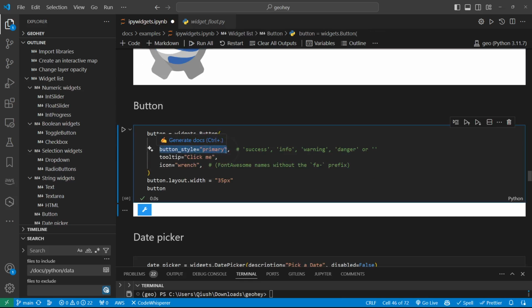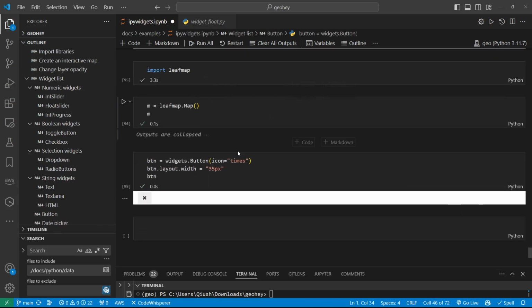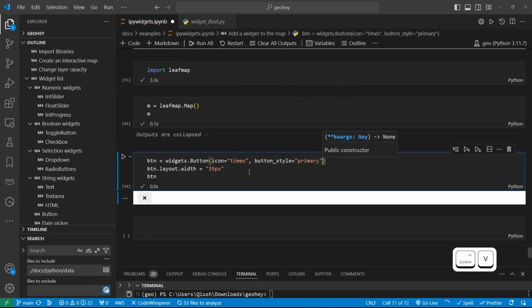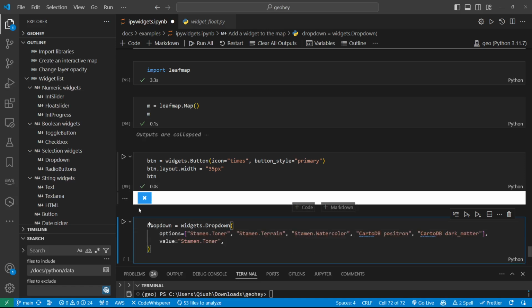What we need is to come back here, go down to the end. Now we have the button, but it doesn't do anything yet. You need to execute this, so you link it to an event. Besides that, we also need a drop down list. So dropdown equal to ipywidgets Dropdown, and then in here you need to provide the options. For example, something like this. This one doesn't work yet, but you can, for example, use the basemap